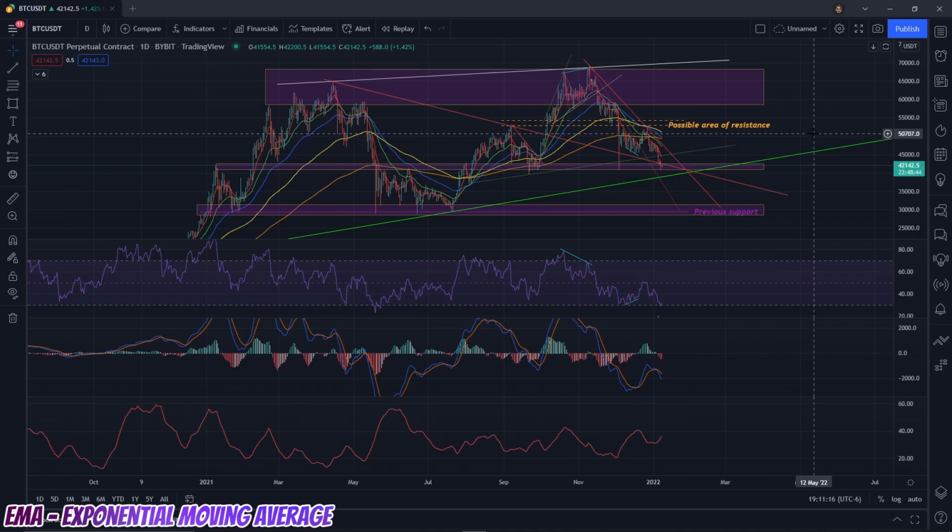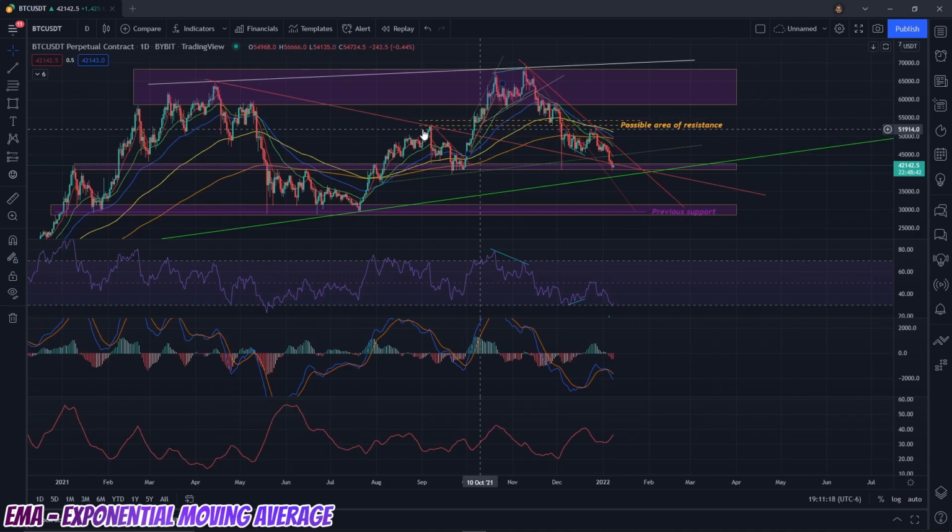So now we've got our exponential moving averages on here. This might look like a lot of information. Now we've got the 9, which represents the past 9 days of information. This is the average price that people were paying for Bitcoin over the past 9 days, this red line here. The green line represents the past 26 days. So over the past 26 days, people were paying an average price of